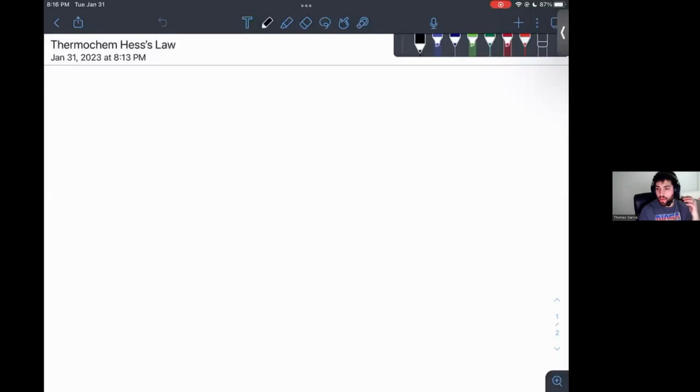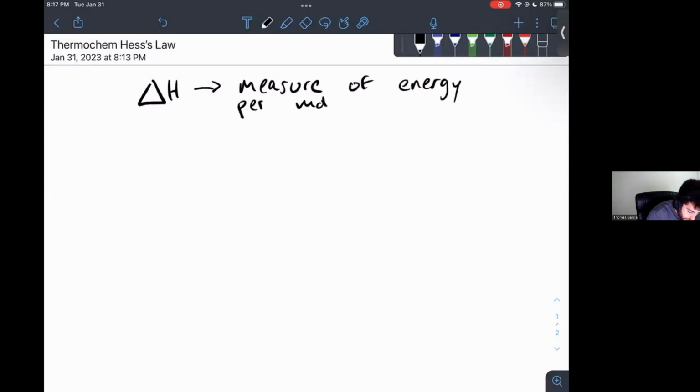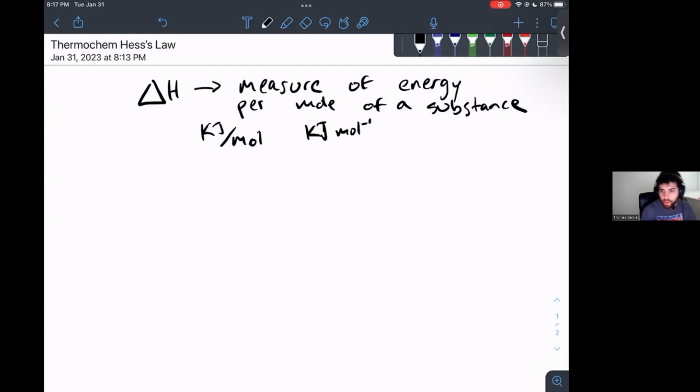So today I'm going to be going over enthalpy, specifically thermochem and Hess's law. So let's just get started with enthalpy, specifically delta H, or change in enthalpy. This is basically how we take a measure of energy per mole of a substance, and we have a couple of enthalpies we can measure. By the way, we do this all in kilojoules per mole, or kilojoule mole^-1 if you're looking at a